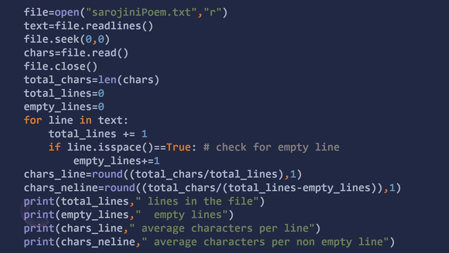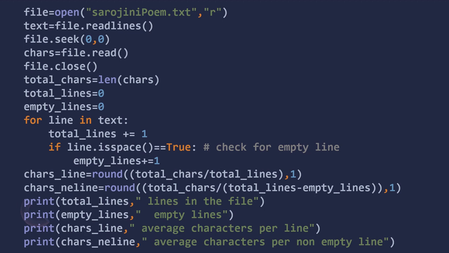Now first open the file sarojini-poem.txt in read mode. Then we'll read the file by using the method readlines and store the output in a variable called text. Now again we have to read the file by using read function so that we will read the number of characters present in the file.